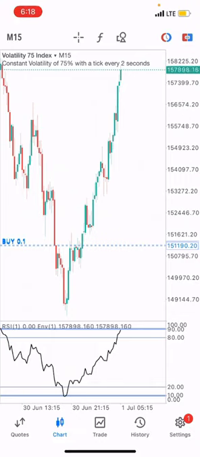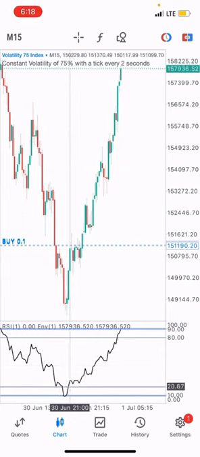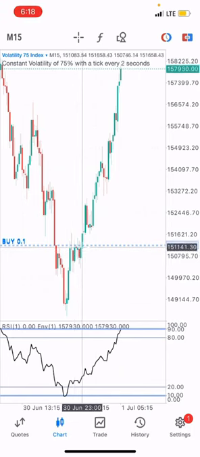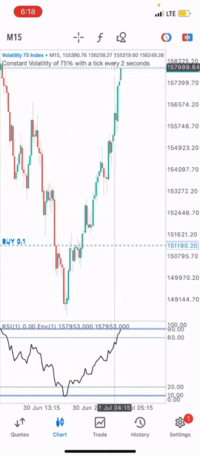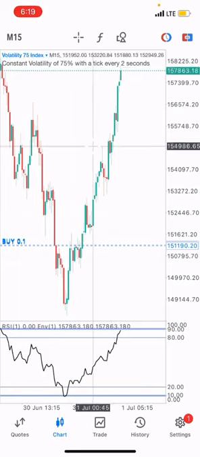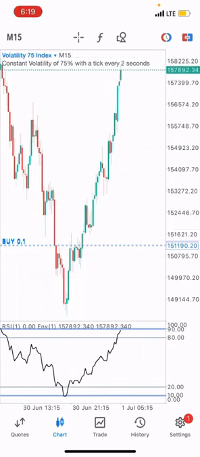So this is Vix75 index on the 15 minutes time frame. I entered the trade, I even entered the trade a little bit late. This was where I was supposed to enter the trade, right here after the closing of this candle, but I entered here actually. I entered it and left it overnight, and it's still riding all the way up. So I'm currently up about $6,000 plus. It's more than $6,000 right now. This is Vix75 index with 0.1 lot size. I opened 9 positions with this trade on my account, and I'm already up